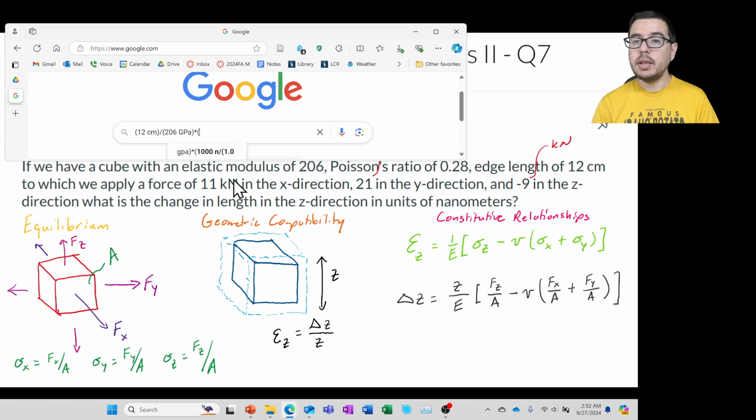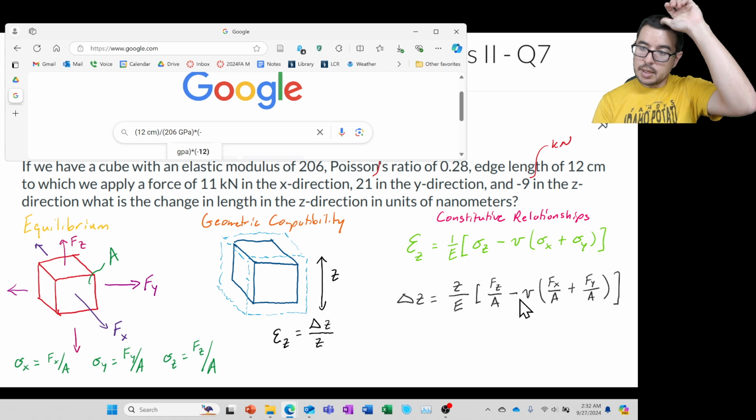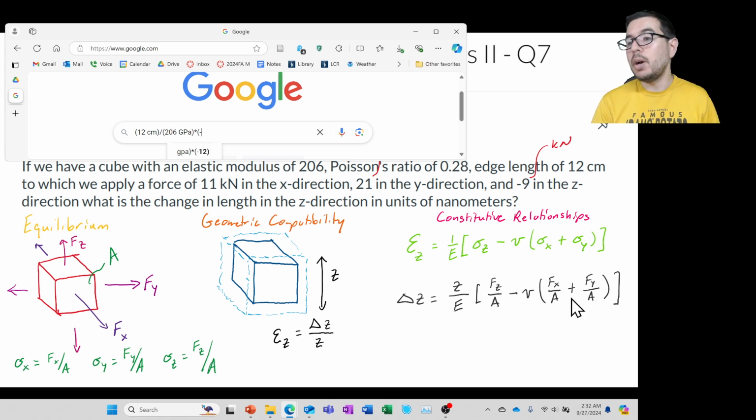So we have an Fz, that's the -9 kilonewtons. All right, so we have an idea that this is probably going to be negative. Do you see that? Because Fz is negative, and Fx and Fy were both positive, and we have a minus, so we're going to have a negative z in the end. So -9 kilonewtons, divided by, and maybe I should put this one in parentheses as well,